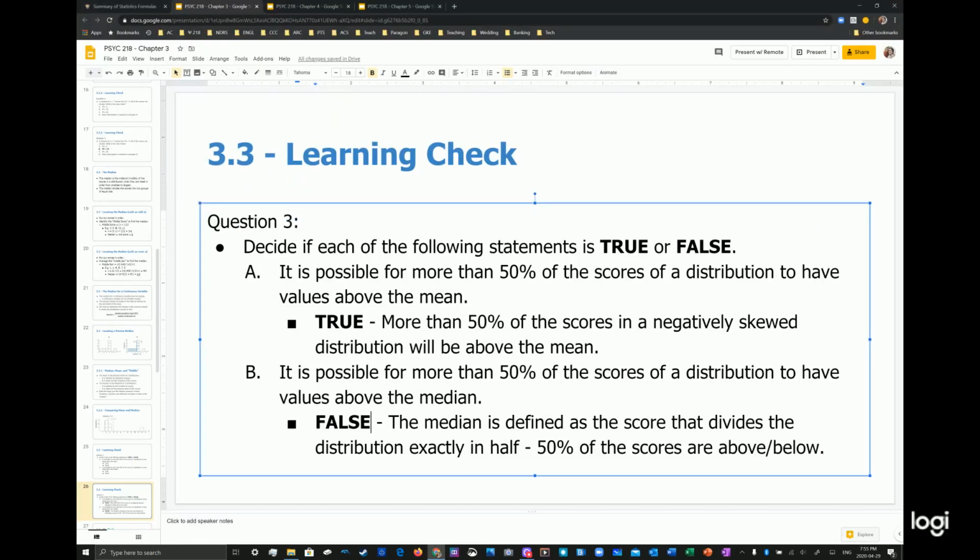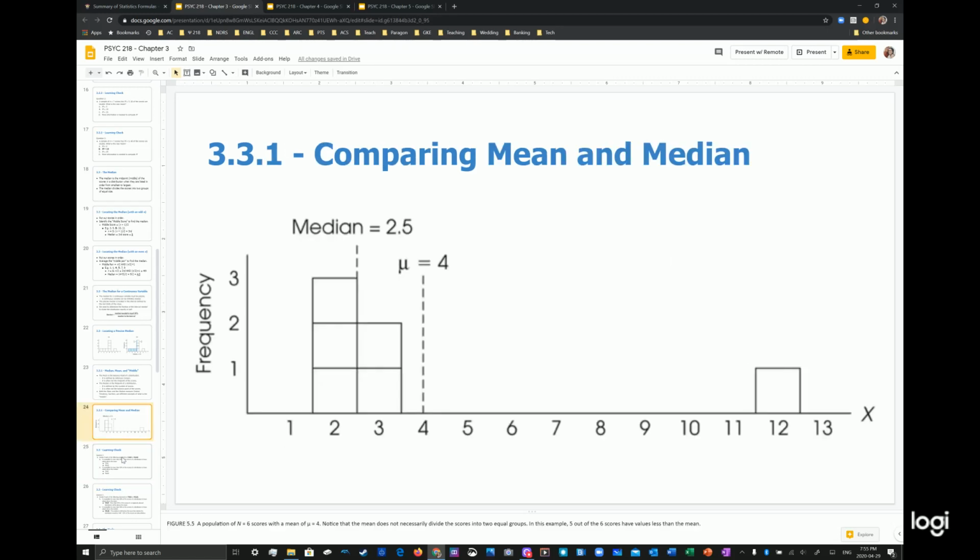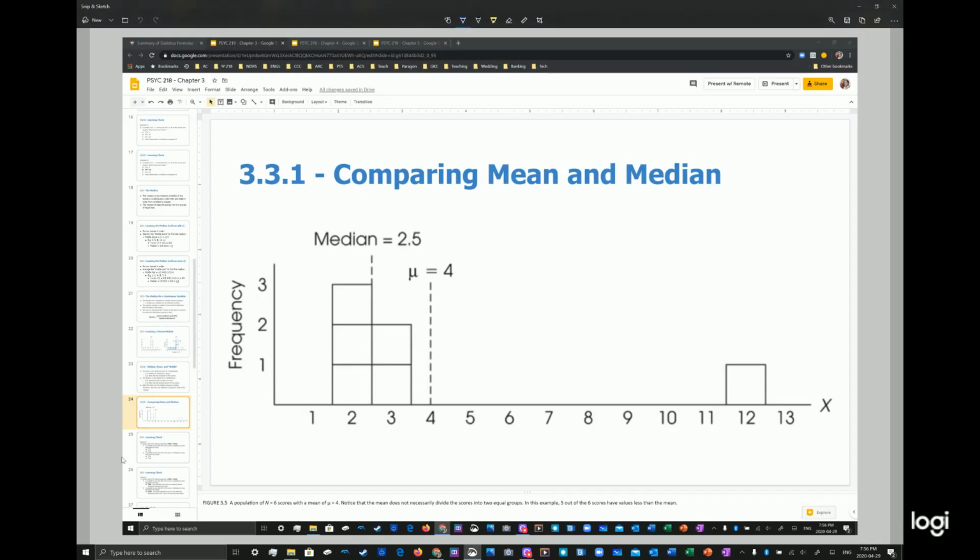So here's an example of this for A. Here we see a positively skewed distribution, and we can see here the mean is the balance point, and the median is below the mean, and so half of the scores would be here on the left of the median, but then you can still have more scores on the right of the median that is still below the mean, and the mean itself really has only one value to the right of it. So if we were to reverse this image,